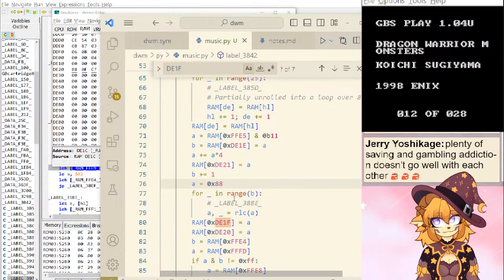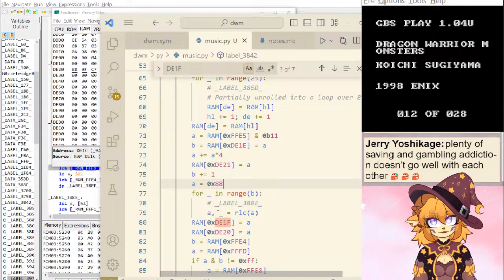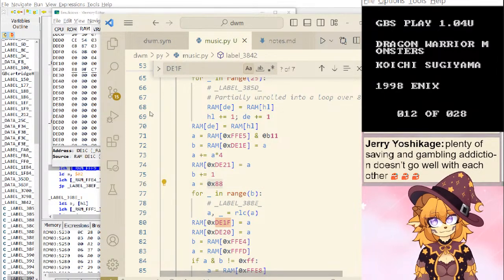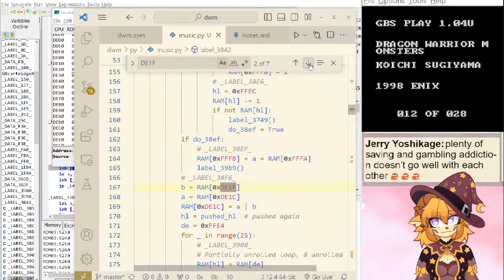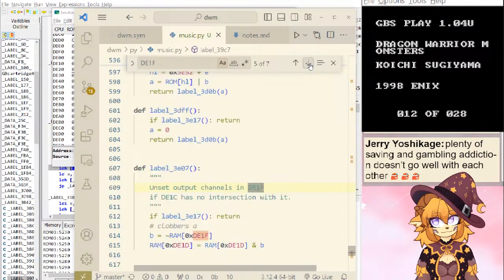Ah. So, okay. It's always going to be a single channel at a time, according to this. Assuming that's the only place it's set, which is very likely.